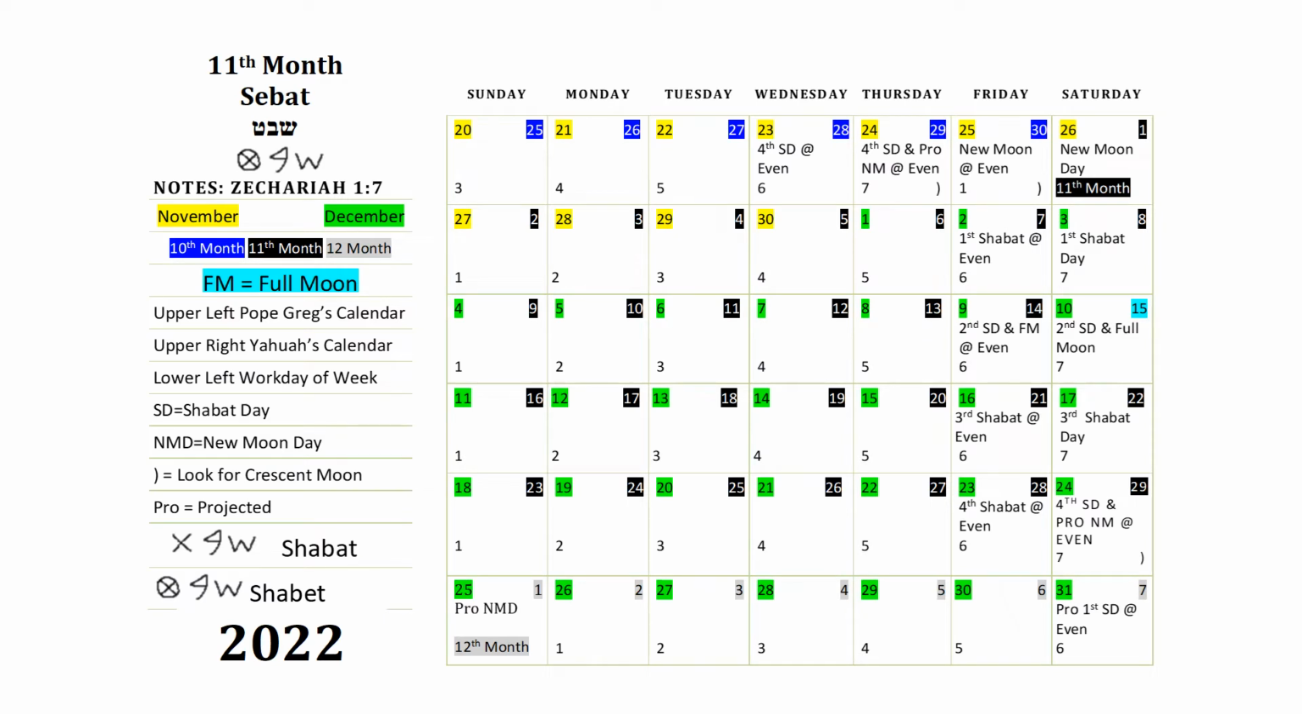Since the moon has been spotted and confirmed on Friday, the 25th of November, that will make all of our Shabbats on Saturday. So new moon day is on Saturday, and we have 4 Shabbats on Saturday all the way down. It's like that every month. Notice right here, I have 2